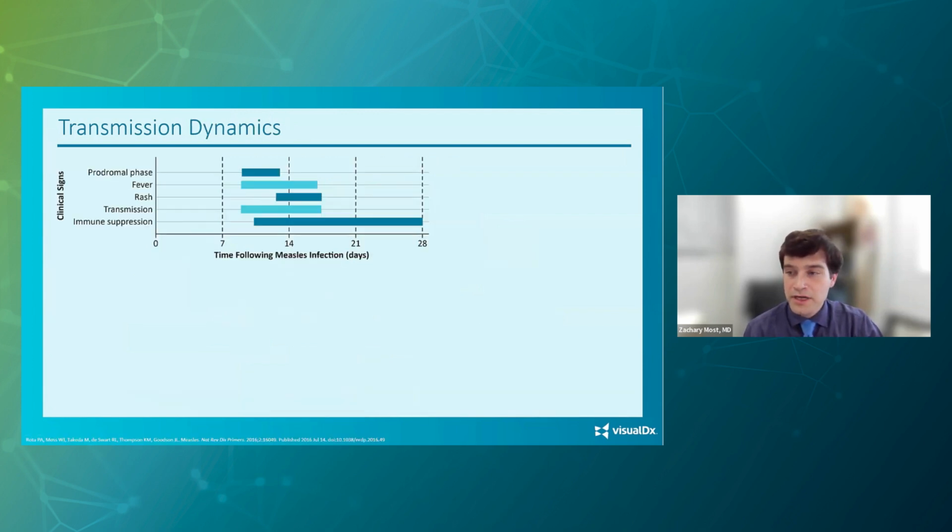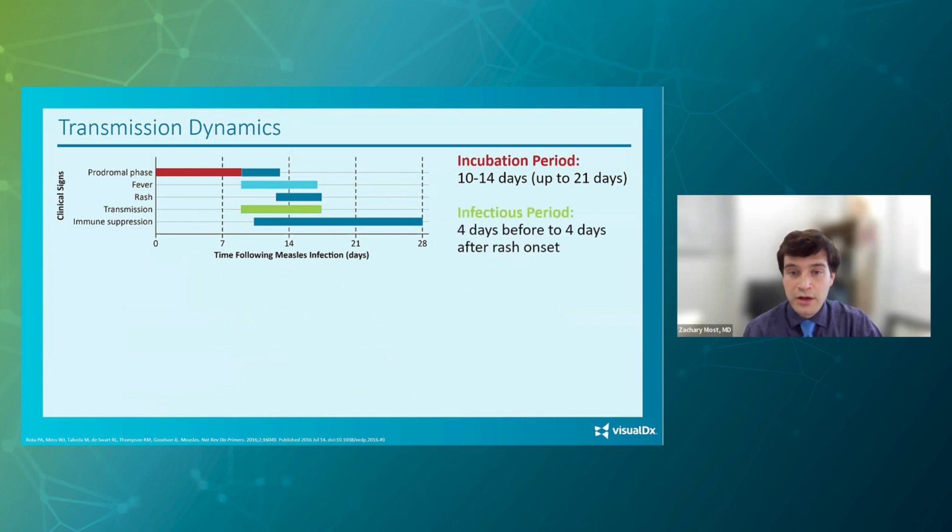Measles has a much longer incubation period than most other respiratory infections. After infection, there's typically a 10 to 14-day incubation period, although it can be extended as long as 21 days. Following that, the symptomatic phase of the disease starts, which we'll cover in more detail later. People with measles are infectious, meaning they can transmit infection to others, typically from 4 days before the onset of rash until 4 days after the onset of rash. This is another thing that makes measles very tricky: most people are contagious several days before they have the rash that makes it identifiable that they have measles.